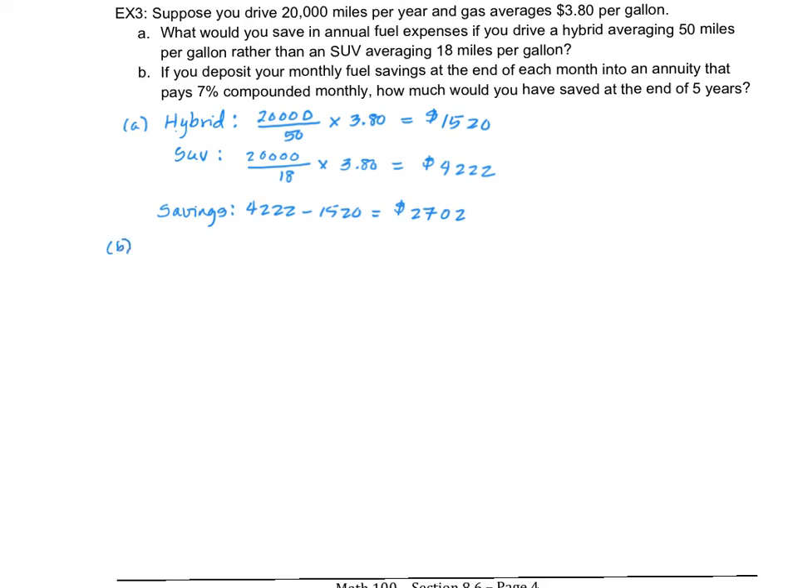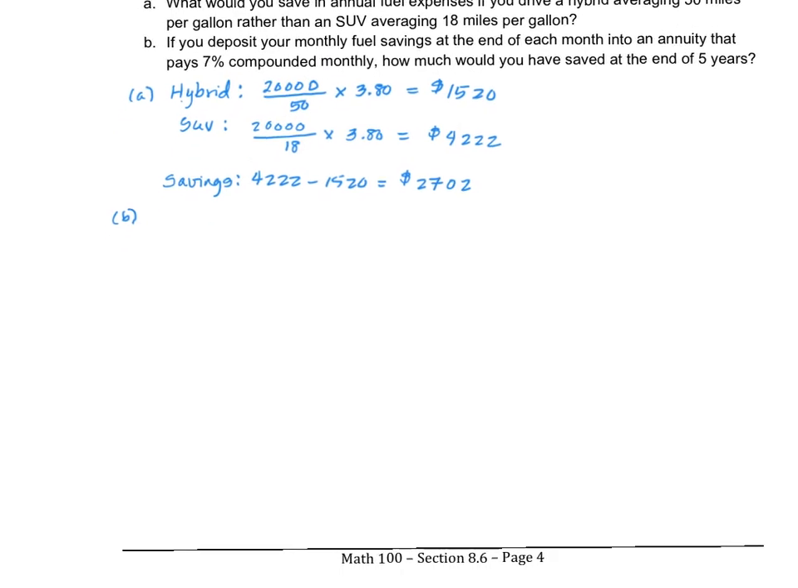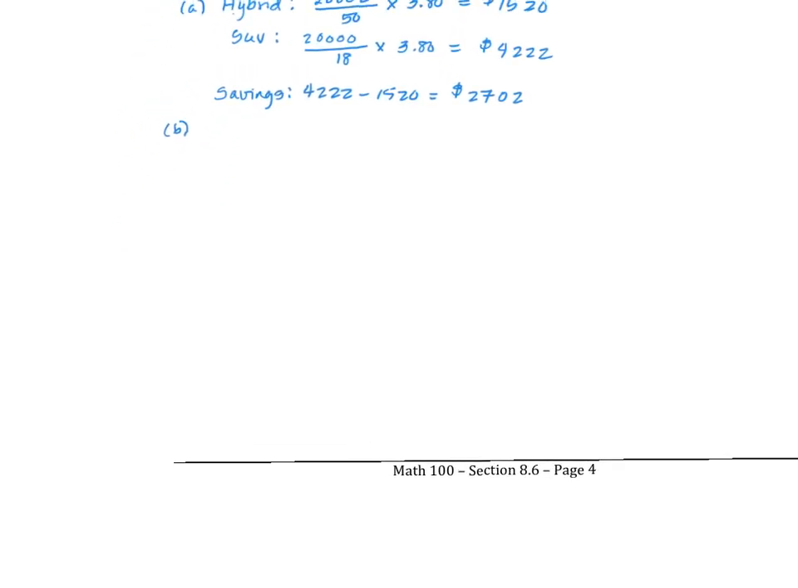Moving on to part B. If you deposit your monthly fuel savings at the end of each month into an annuity that pays 7% compounded monthly, how much would you have saved at the end of 5 years? So this is going back to the previous section. Remember this 2702, that's a yearly savings. So monthly,